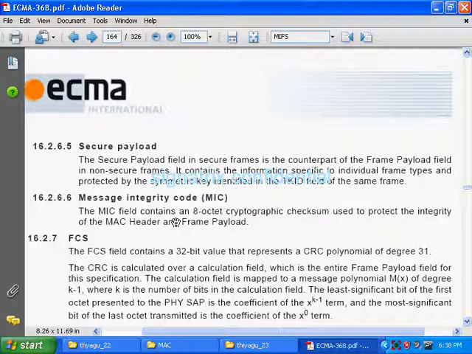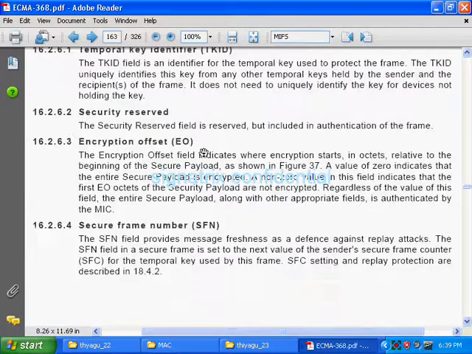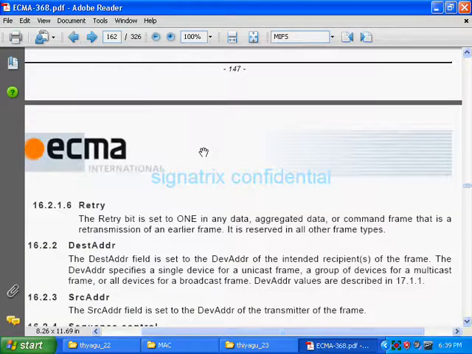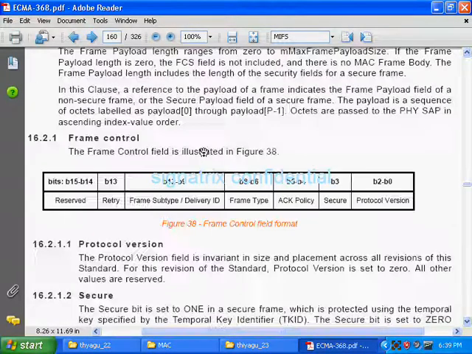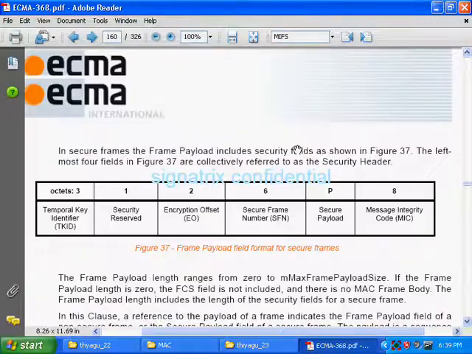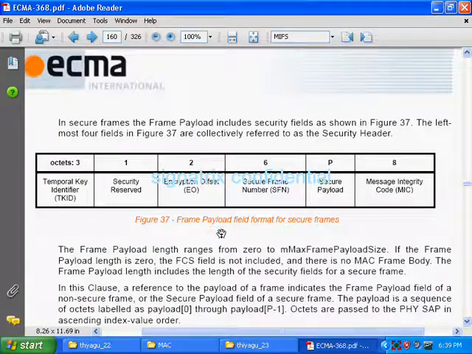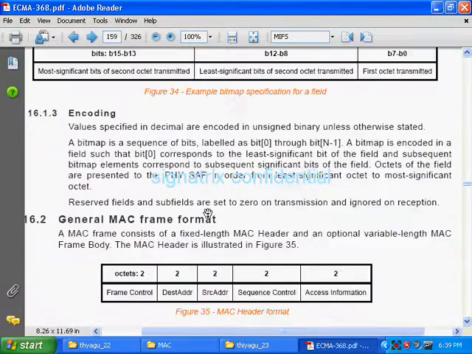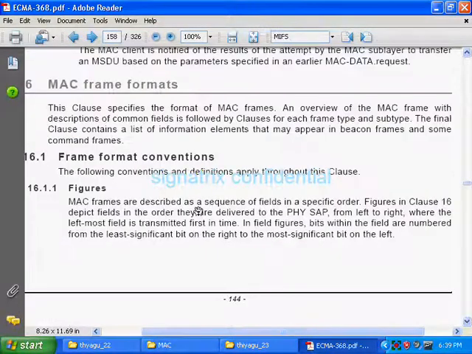So we can say the MIC keeps the integrity of not only the MAC payload, but also the MAC header. So this is the definition for MIC. These are all the various fields inside a MAC frame payload. Now we'll come to the starting location.